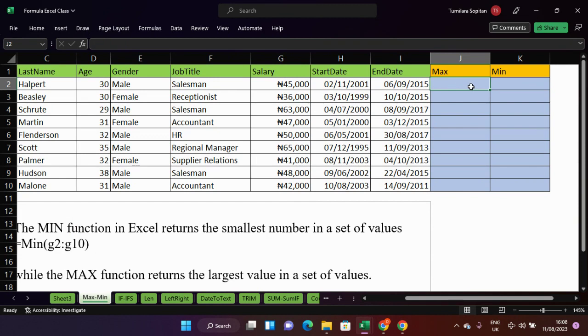What these functions do basically is this: the MAX function returns the largest value in a set of values or within a range. It returns the largest value within a range. And we can use this inbuilt function on numerical values. While the MIN function is the opposite of the